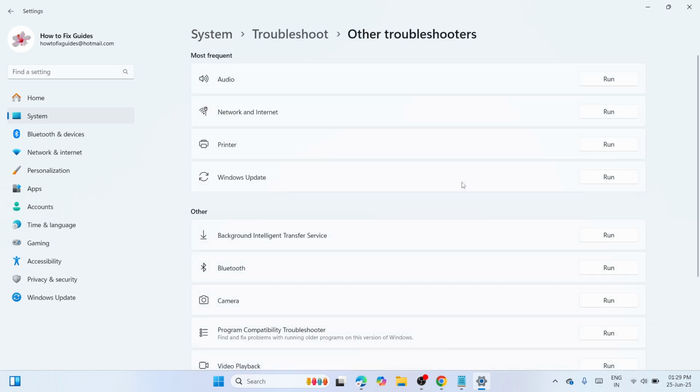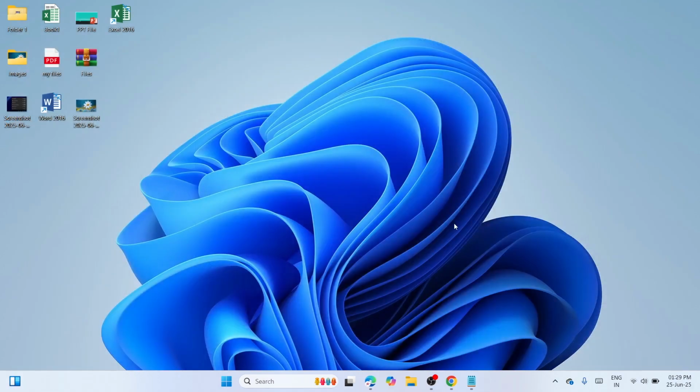Click on Other troubleshooters. Next, go with Most frequent, then go with Windows Update and click on Run. So run the troubleshooter for Windows Update. Wait until it is done. It will take 2 to 3 minutes. Once the troubleshooting has succeeded, start the Windows Update again and check if it's